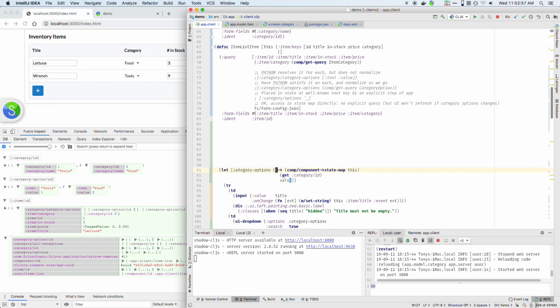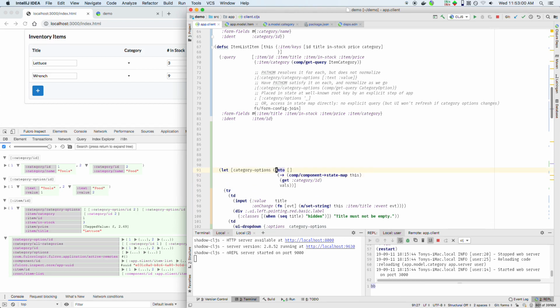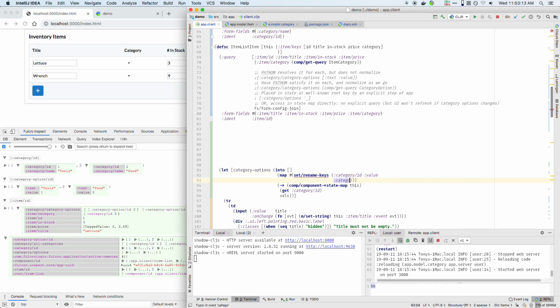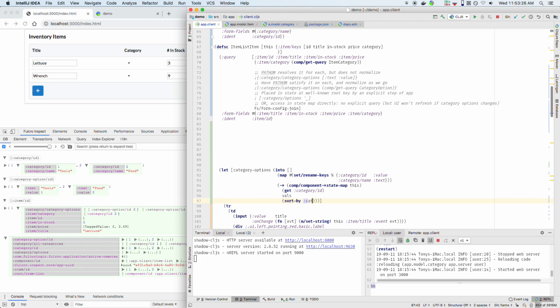and then let's take those and put them into category ID would be the value we want, and category name would be the text that we want. So let's rename the keys of those things, and then we could say, well, we got the vals. All right, let's sort by category name before we do that. Okay, so